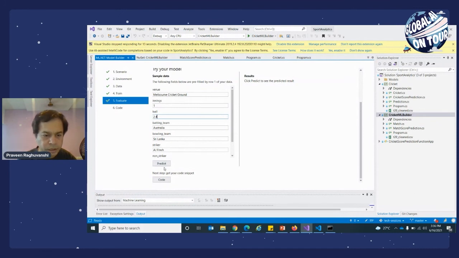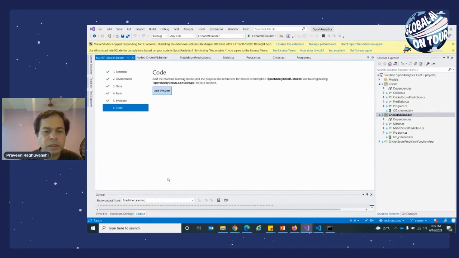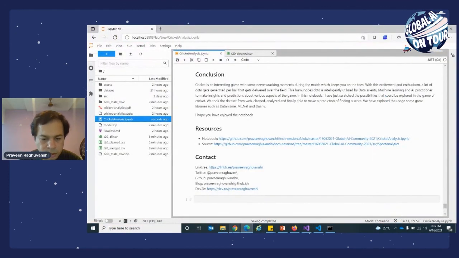Now I'll give it 2.4, and I'll just make a prediction out of this. It says in 2.4 overs the score would have been 19, around 20 runs. That is a very decent score which any team can make. So our prediction is going quite well here. And if you click on the code, it will generate the code that is done by the ML builder, and you can leverage that for making the prediction. I'll not go into that, but the last thing I want to show is